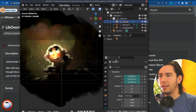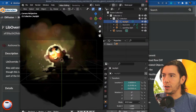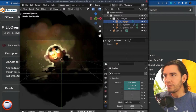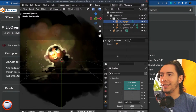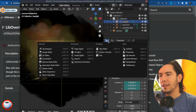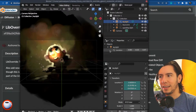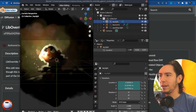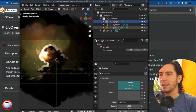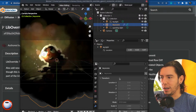How do you know? Well, because one, it's still linked, it's grayed out, it shows this library override icon. Also in the outliner, it shows the library override icon, and in the outliner's library override section in properties, you can see the actual property that has been changed, and you can even change it from here. So at a glance, you can see everything that has to do with that object, even the